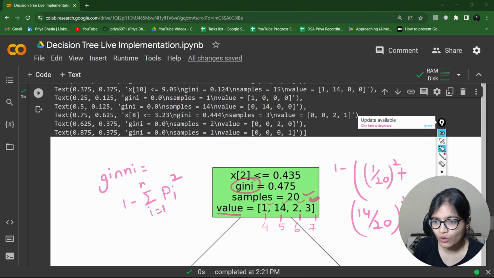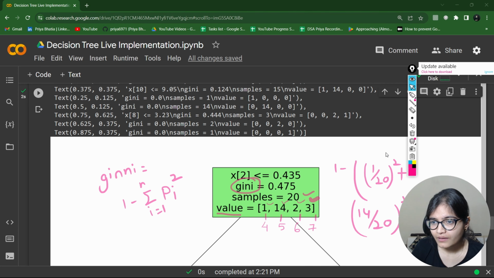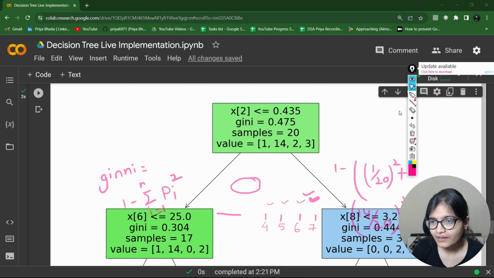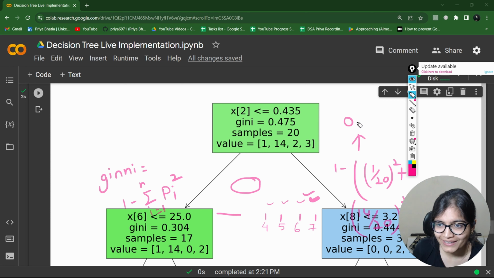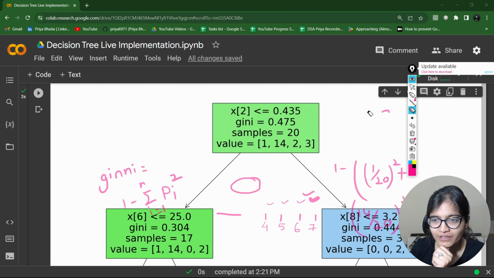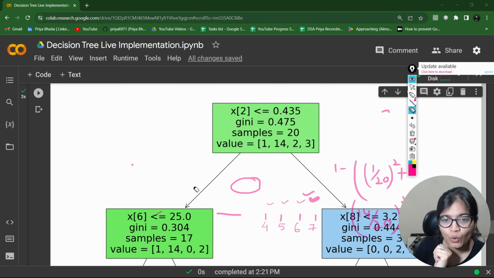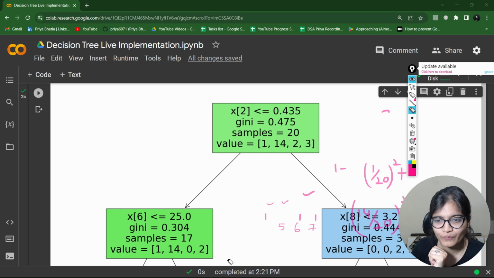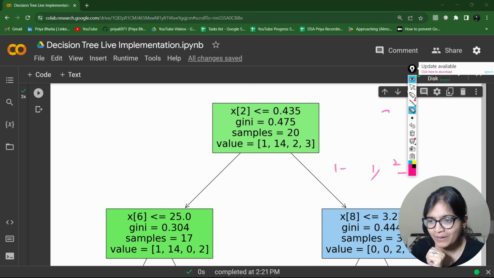Plus 3 by 20 whole square, and bracket off. So if you just solve this value, you will be able to get the answer as 0.475. So for every particular feature that we have, we are trying to evaluate the Gini value, and whichever is having a lower Gini value, that particular parameter we are choosing as the parent node. Now